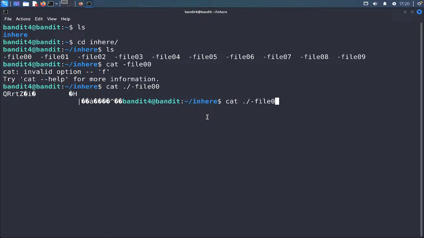Now I'm going to check each and every file, and only then will I see which file has something in a human readable format. But that is a really time-consuming process. Suppose in a directory, in a folder, we have thousands or hundreds of files, we are not going to be checking each and every file by using this command, right? Because it's going to take a lot of time.